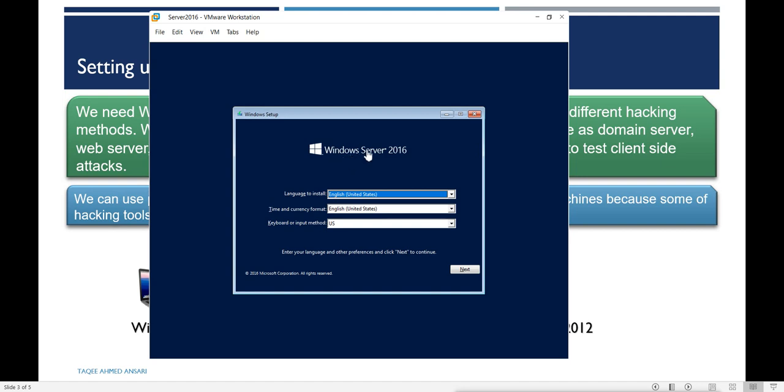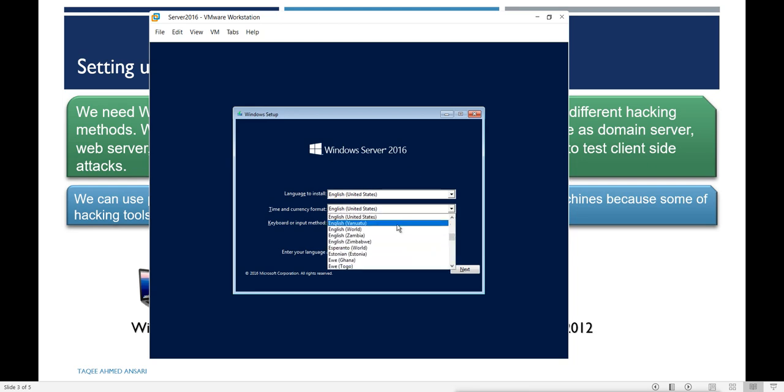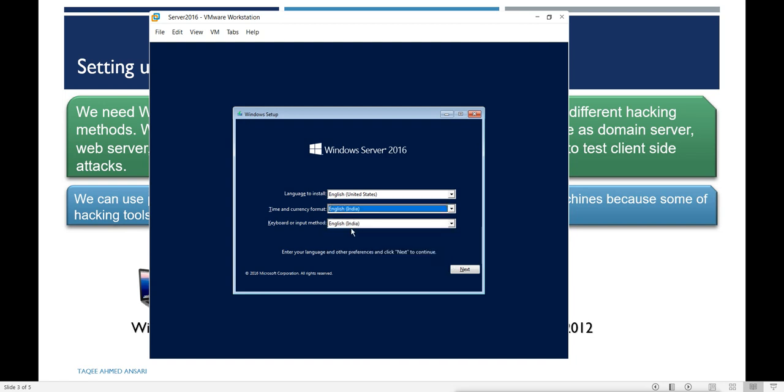So this is Windows Server 2016, the language you want to install, and time and zone. So you will select the time zone which you are right now in. So I will select my zone. English, India.